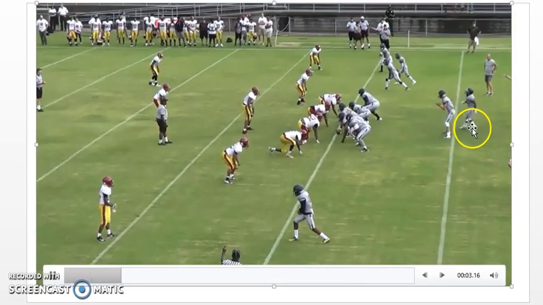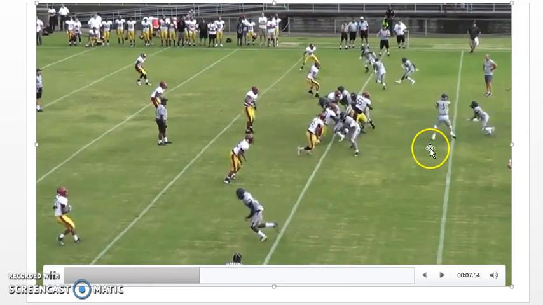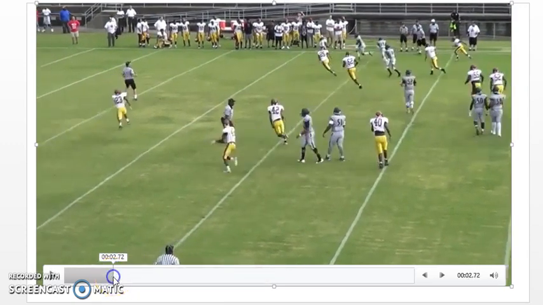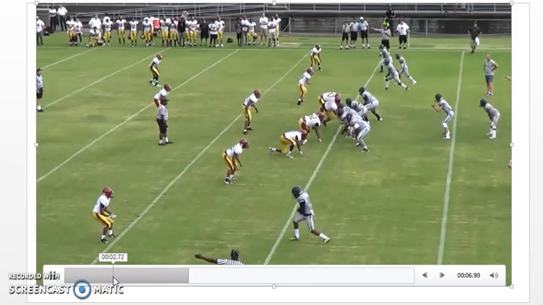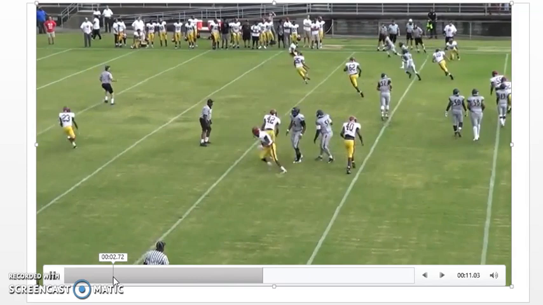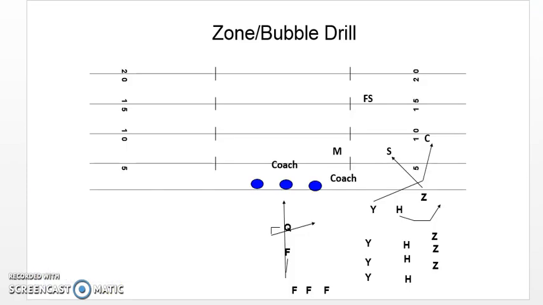What we see here, we're going into the pistol formation. We see our quarterback. It doesn't really mesh with the running back here because he knows, based on what he's seeing on the perimeter, he wants to get the ball out on the perimeter. So the ball's out and we're off to the races. All right, next,